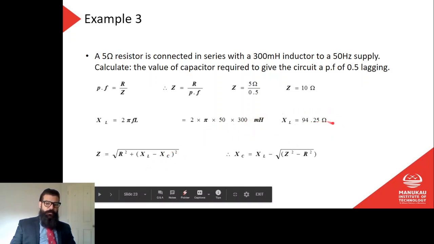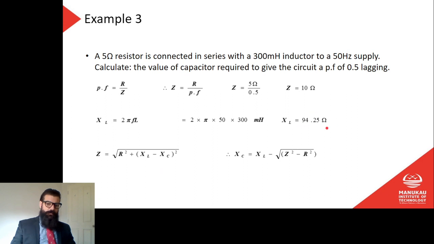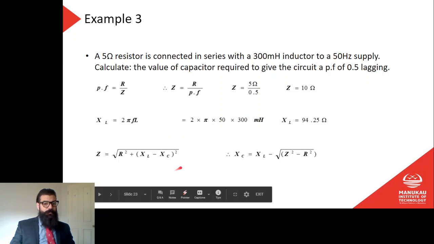So if my current inductive reactance is 94.25 ohms, I know what my Z wants to be. I know what my resistance is. I know what my inductive reactance is. So now I should be able to use this formula for impedance. I've got that, that's 10 ohms, that's what I want. I've got this number here, the R, that's 5 ohms. I've got this number here, that's my inductive reactance. The R and the XL aren't going to change. I just need to add in some XC to make this formula make sense